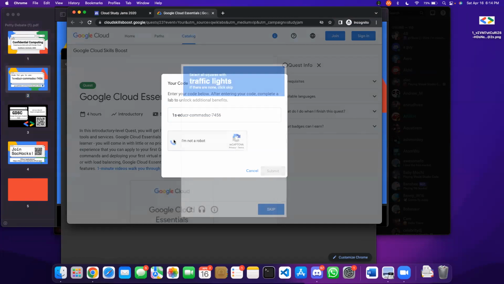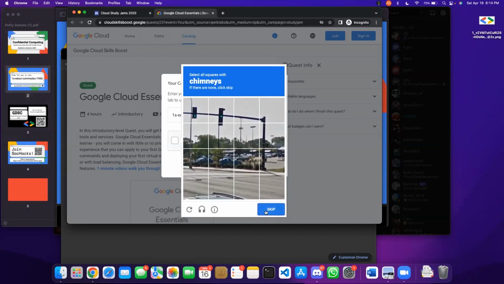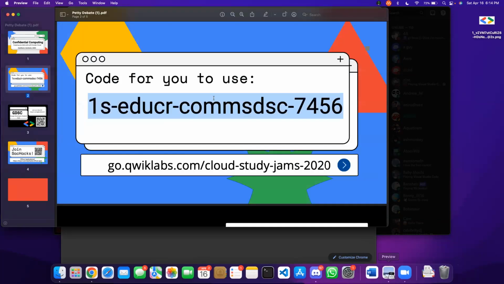Then you need to verify if you're a robot or not. So just see that.